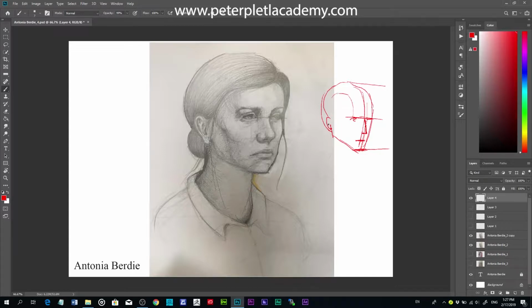Right, and in the line of the corner of the eyes we start our ear and will come till the bottom part of the nose. That's our portrait. Right, like that. Okay,